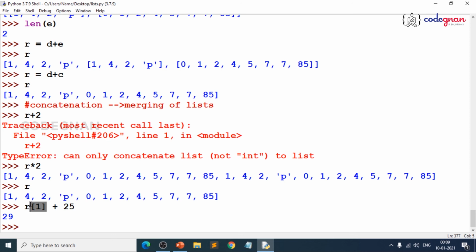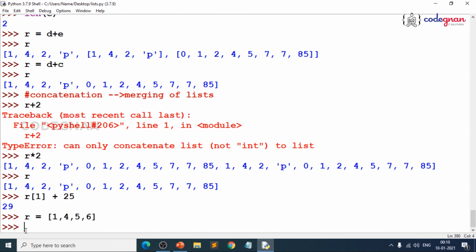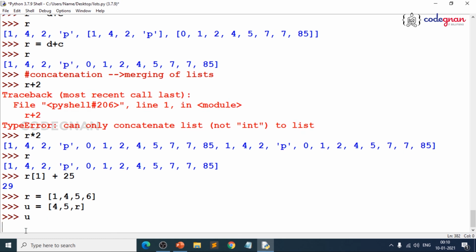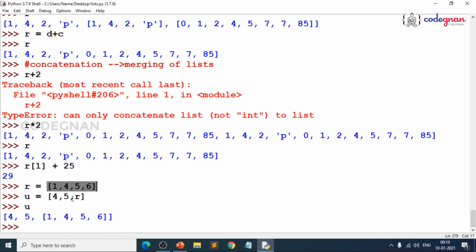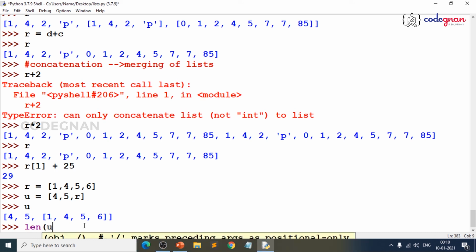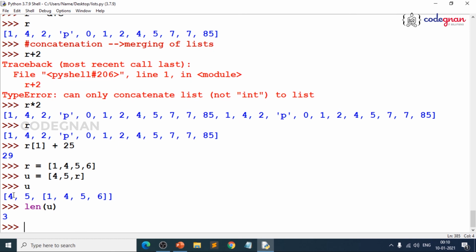You can create a list of lists, and you can also make sure that what happens if you do like this. How can you embed a list inside another list? You write U is equal to 4, 5, R, because R is a list. What happens when you go for U? You are making this list inside this list. You are embedding a list inside another list. This is very, very important point. And anyways, you know the length is a function which will give you the number of elements in it. So 1, 2, 3, indexing is 0, 1, 2. And if you are good at indexing and slicing, everything plays a very key role.